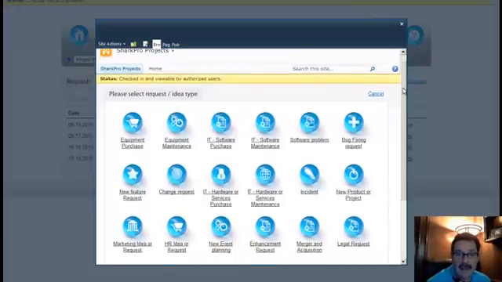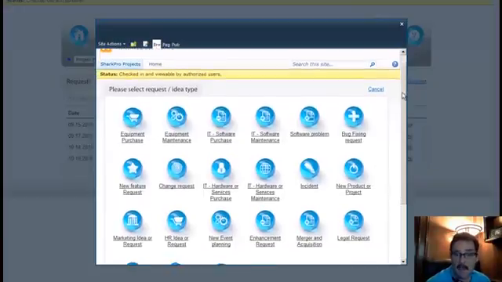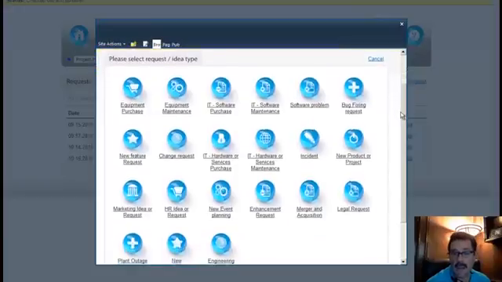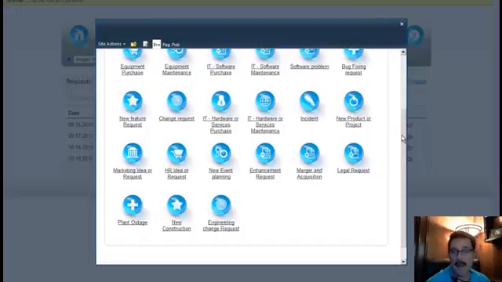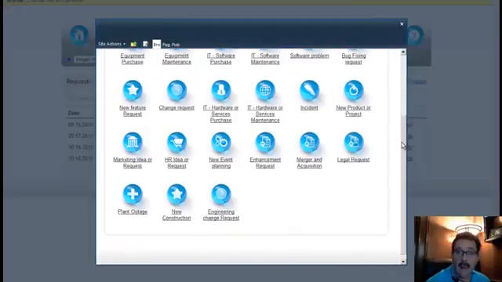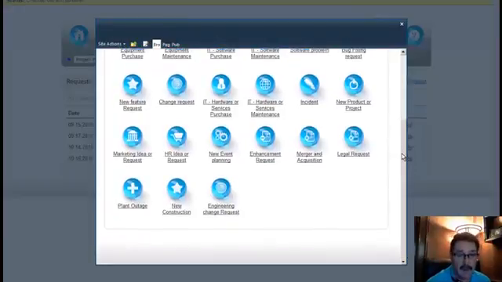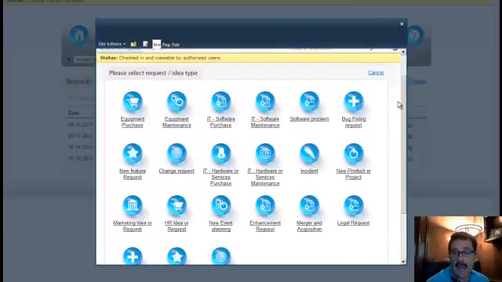Many of them are related to IT type of projects. Some of them are related to more generic business unit type projects, so HR requests, marketing, legal requests. There are some related to capital construction or engineering or change requests. Again, the key is that there's a lot of requests that come out of the box,